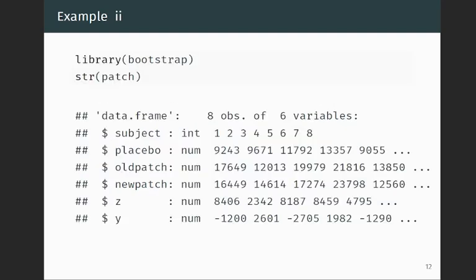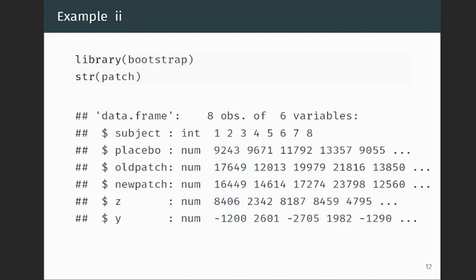And so let's load the package Bootstrap and have a look at the patch data set. You can see that it contains 8 observations, right? We said we only had 8 individuals. And there's 6 variables here. There's a subject ID, which we'll ignore for the purposes of this example. Then there's the hormone measurement with the placebo, the hormone measurement with the old patch, the hormone measurement with the new patch. And then Z and Y are differences,